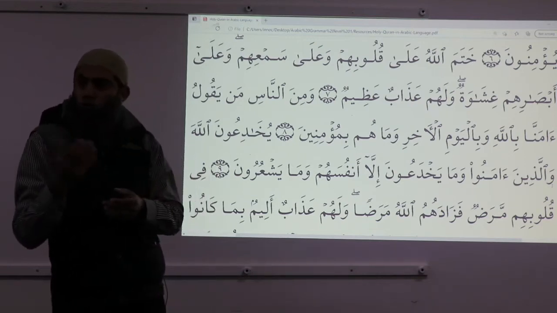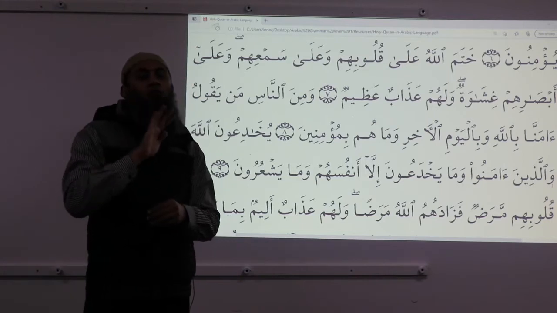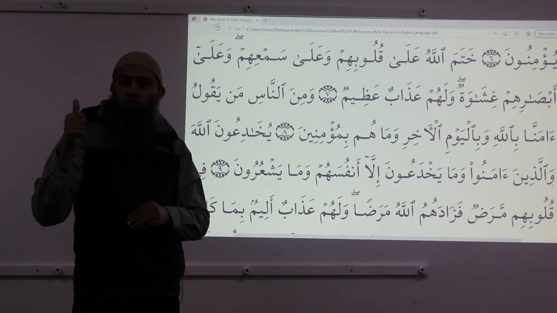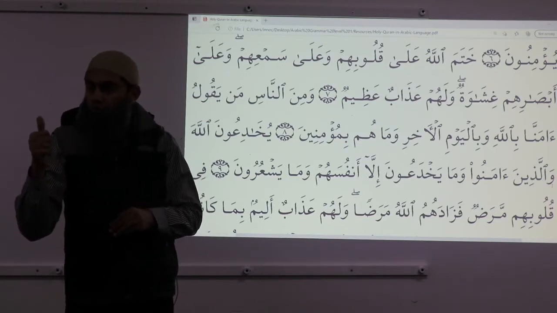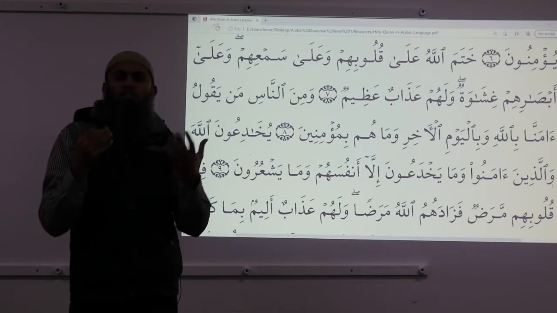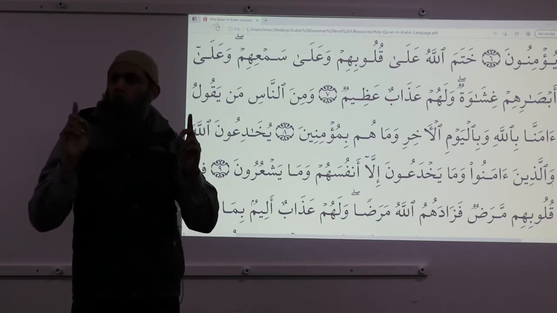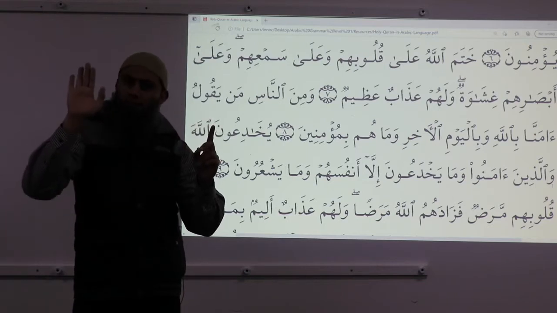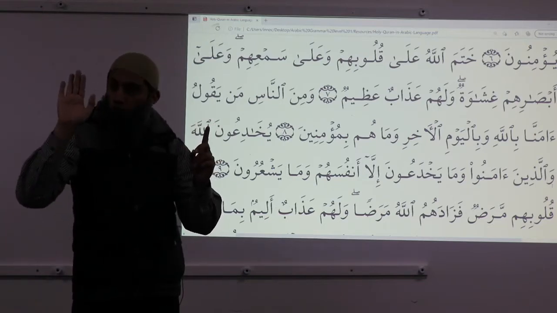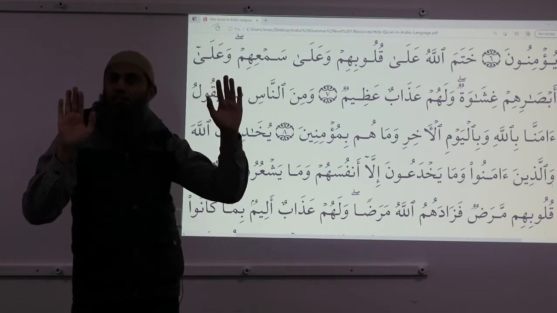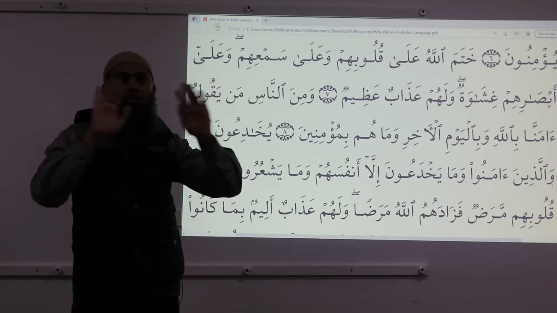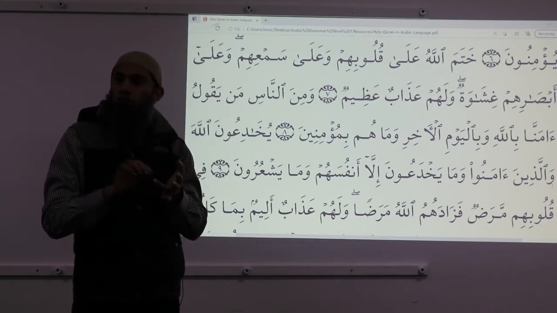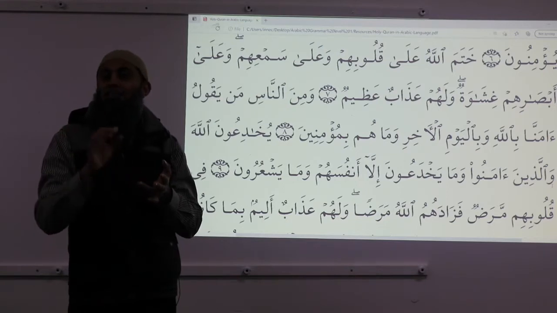And in Module 2, we studied 4 types of phrases. In those phrases, number 1 was murakkab tawsifi, which means basically to describe something. You have 2 isms and one describes the other. This ism which is being described is called mawsoof, and the description itself is called sifa, and together we call them murakkab tawsifi.